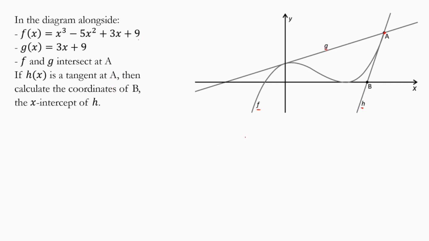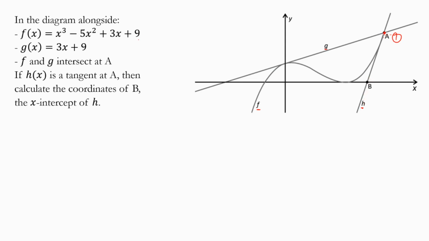Let's discuss this. We can find the coordinates of A. That's the first thing. How will you find the coordinates of A? A is a point of intersection between f of x and g of x. So we solve these two simultaneously by equating. Then we get the coordinates of what? Of A. Right, after getting the coordinates of A, we can find the gradient of the tangent h of x,